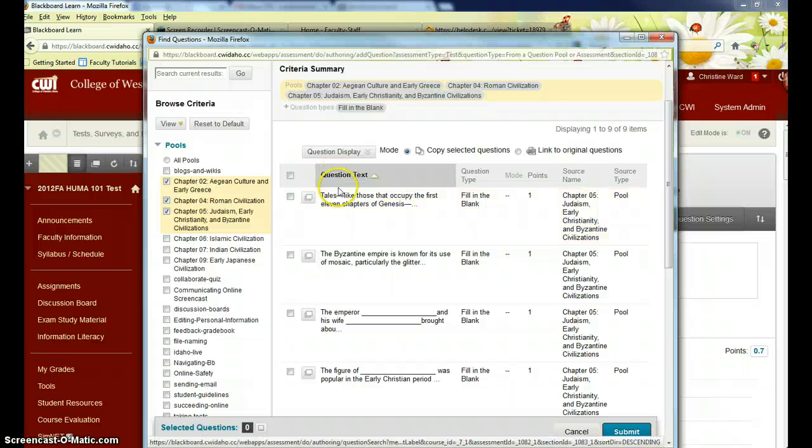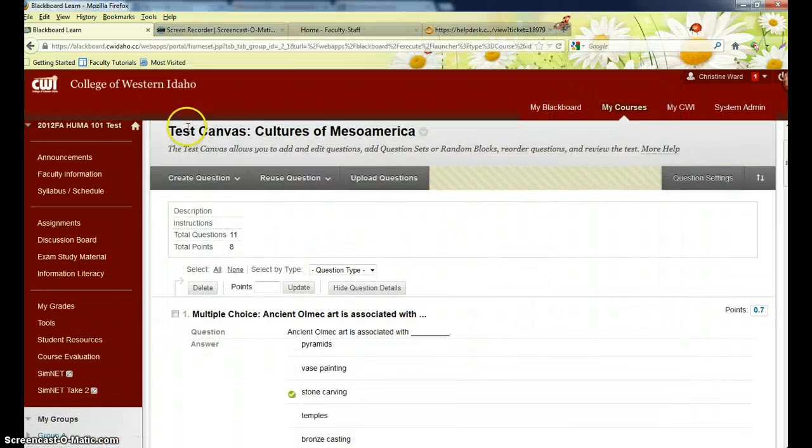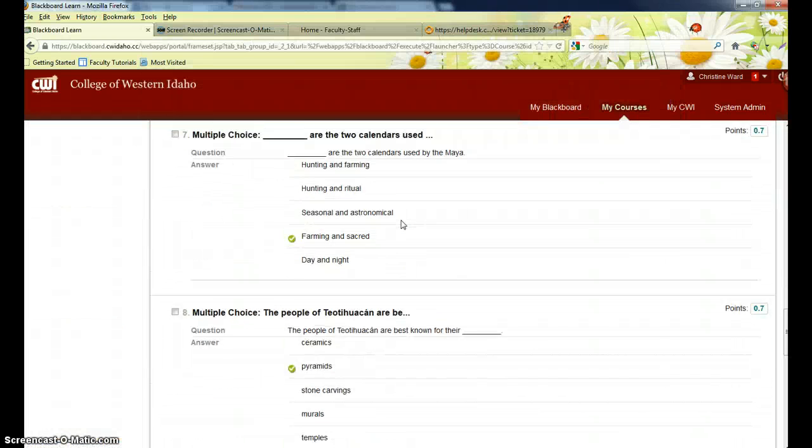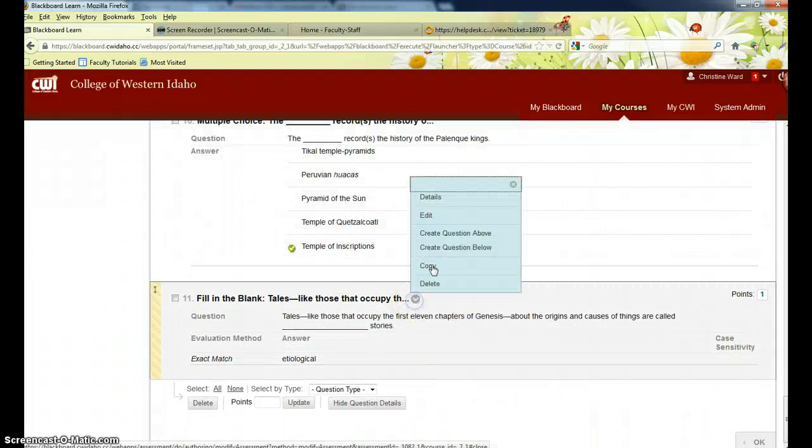All right, so I'm going to select this item and then submit it. All right, so now it's part of my quiz. Fill in the blank. So if I edit this question,